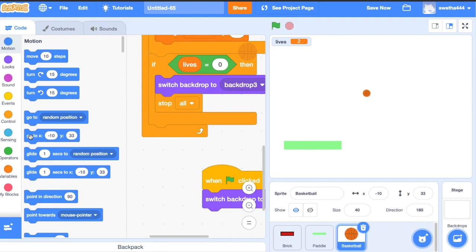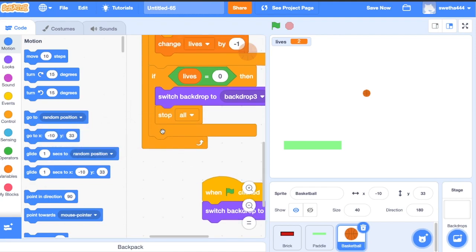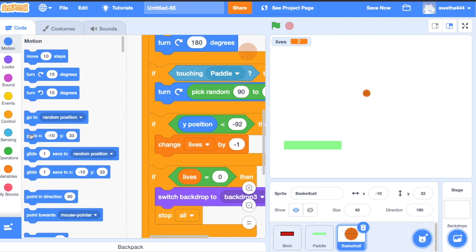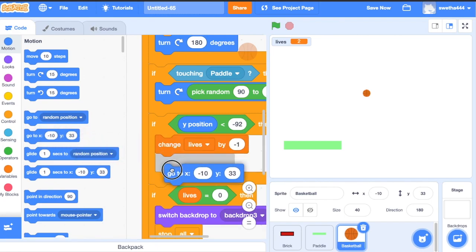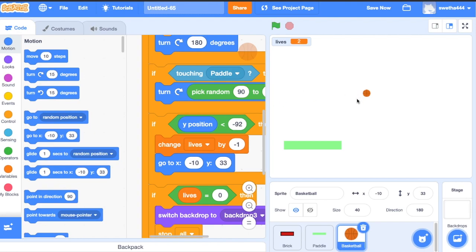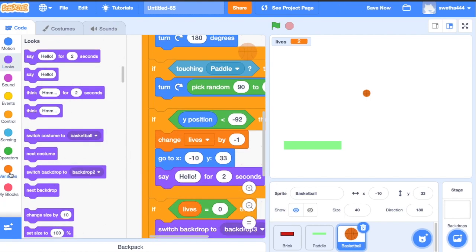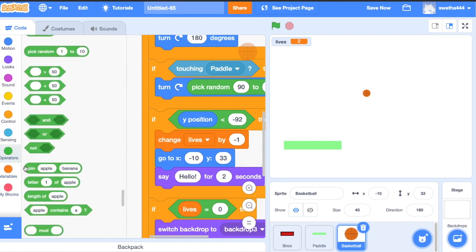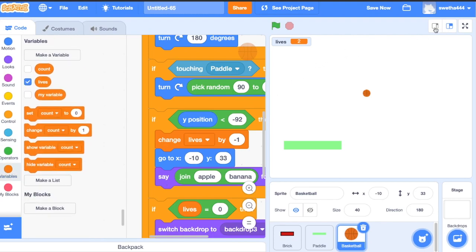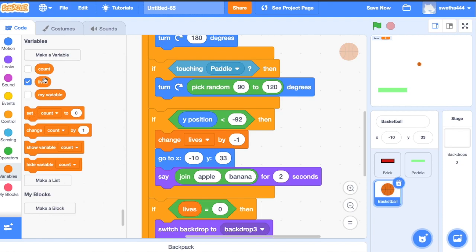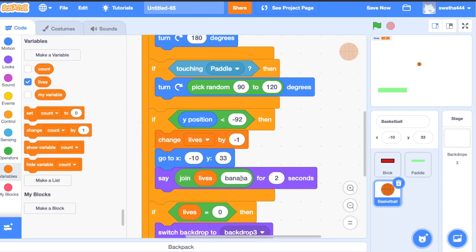Click on motion, go to this position, and now say, click on operators, use this join, click on variables, lives only.